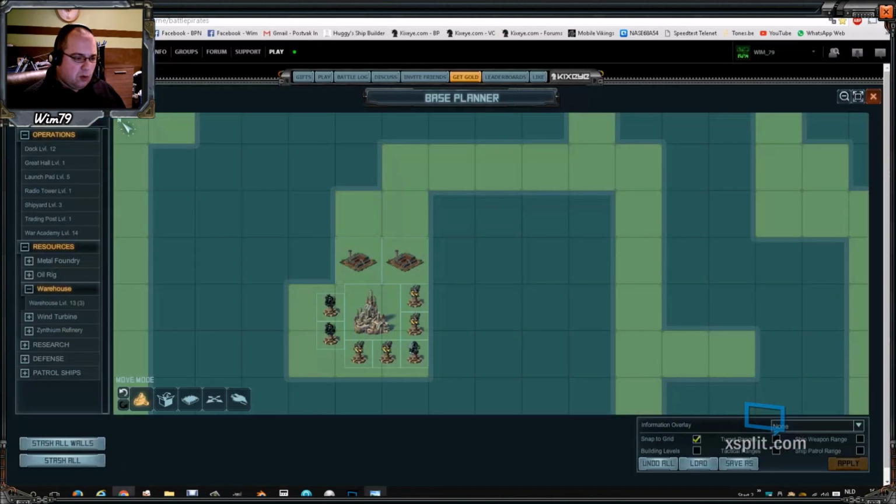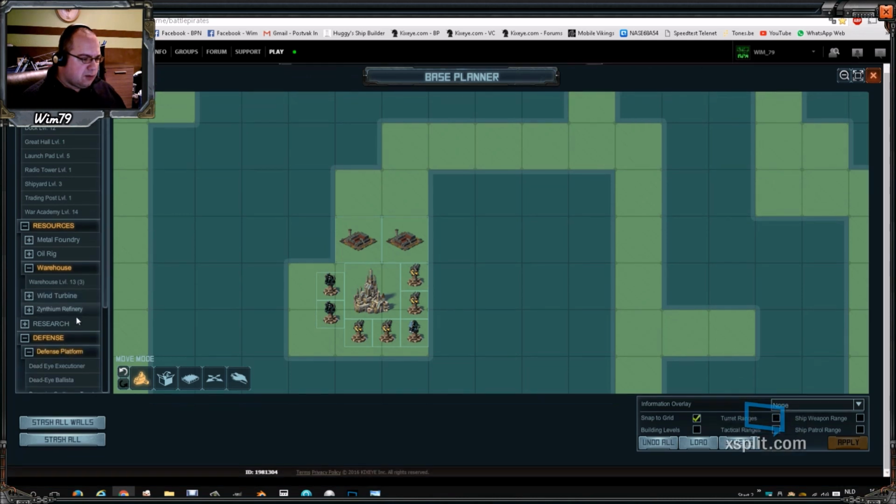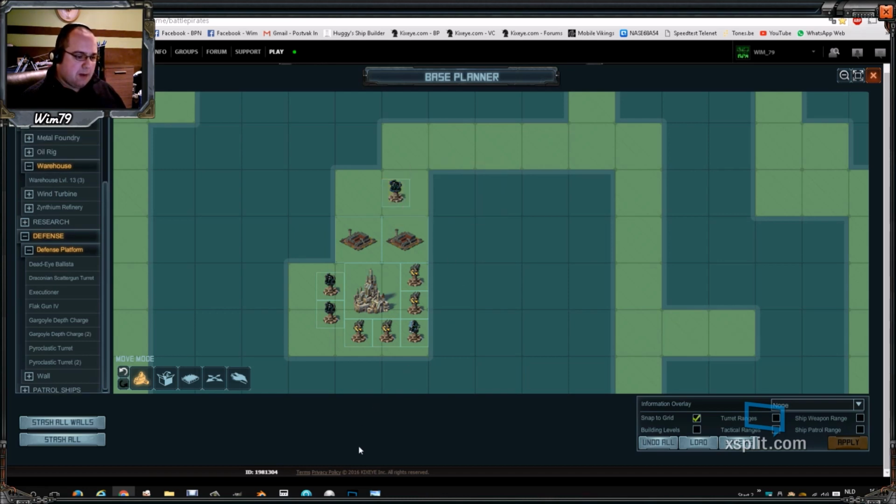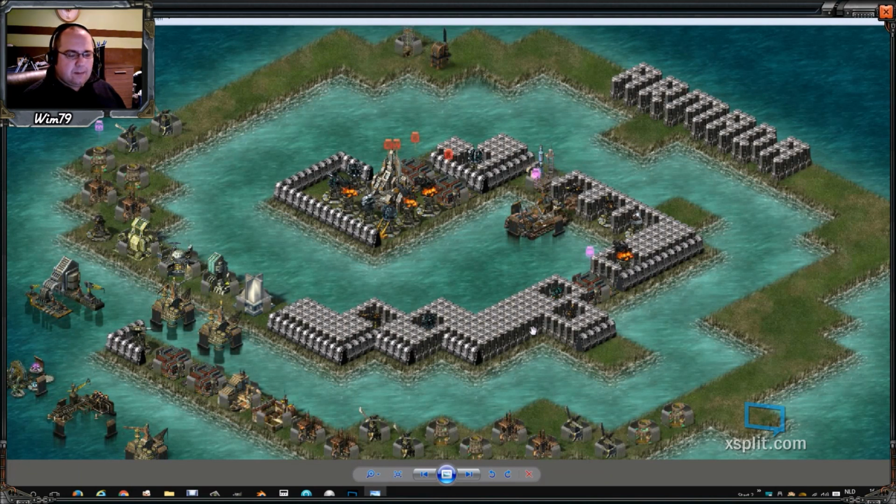You can see the walls. So defenses, defense platforms, Deadeye executioner. So it's 1 up and 2 from the side. Bam. Then on the side here,